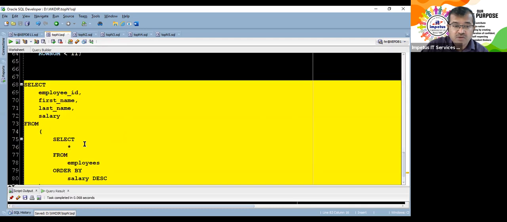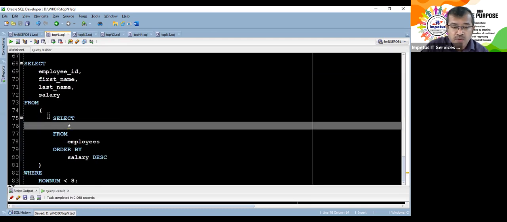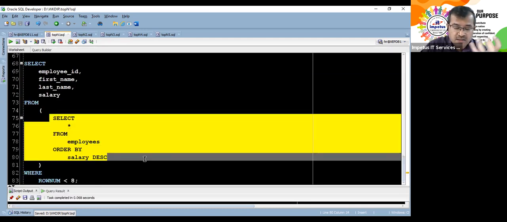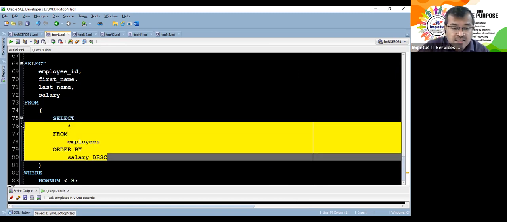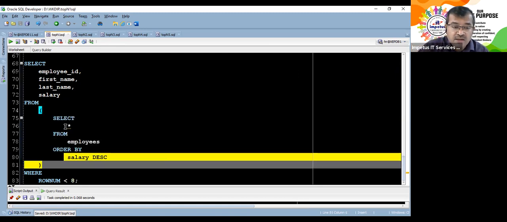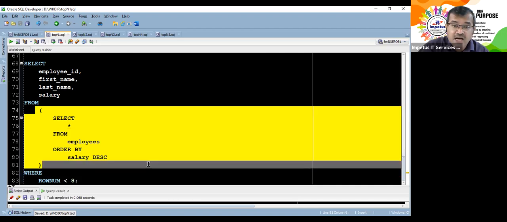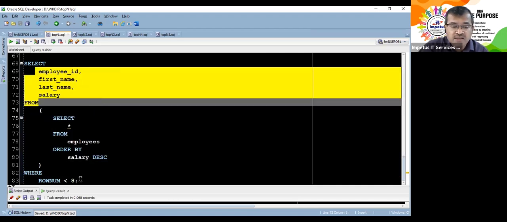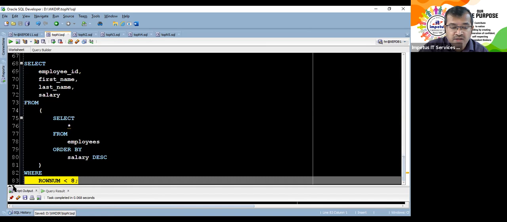How did we make use of row numbers? We wrote a query. That query returned us values from the table. The resultant temporary table that is now being created will have row numbers based on this selection and the order that we have given. So this table now acts as our source, and from it you can specify which row number you are interested in.